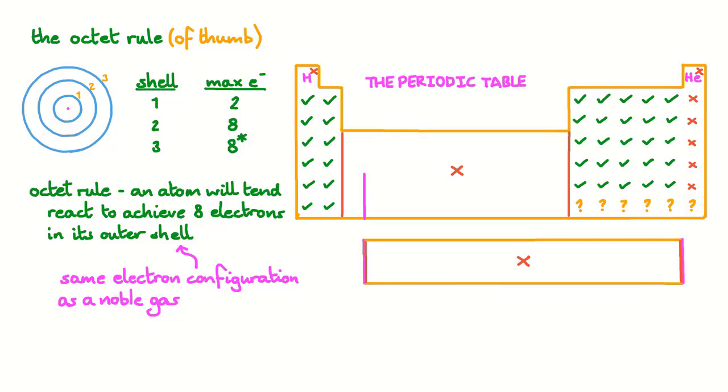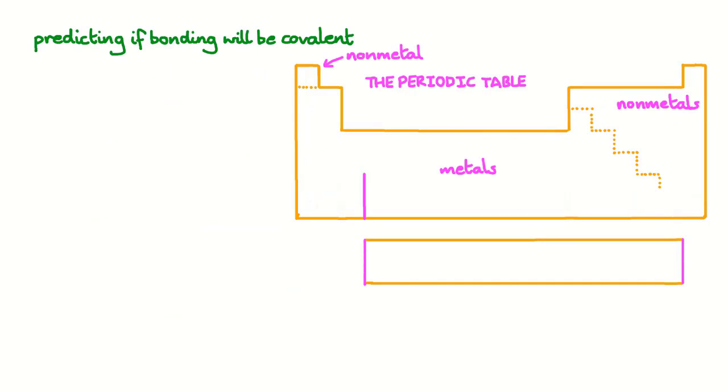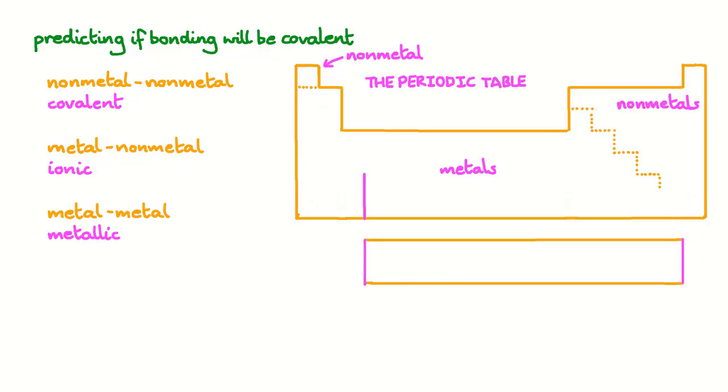And things are a little too complicated for the D block and F block elements for the octet rule to apply. The takeaway from this is that atoms will tend to react so they have 8 electrons in their outer shell. But if we look at some of these elements, we see that not all of them bond covalently. We can roughly divide the periodic table into metals and non-metals, and we tend to only see covalent bonding between non-metal elements, and we tend to see ionic bonding between metallic and non-metallic elements, and between metals and metals we